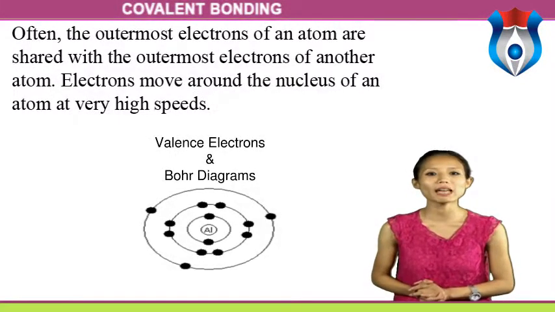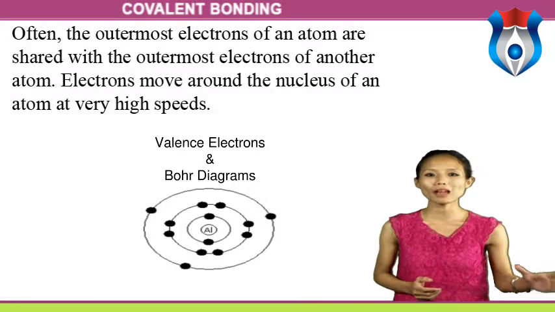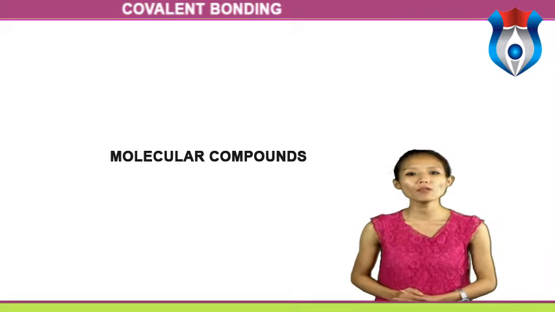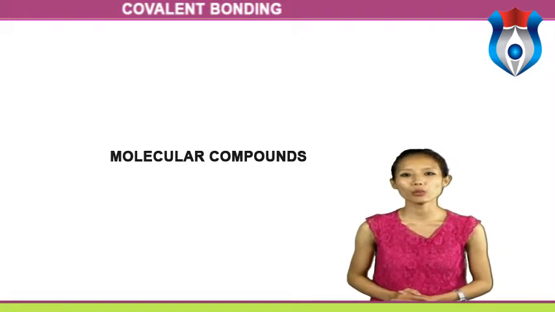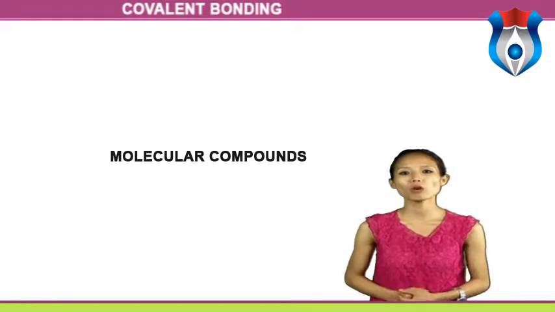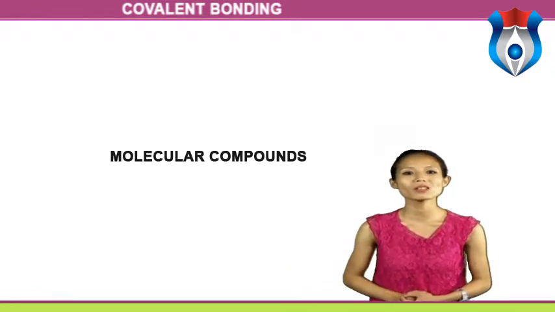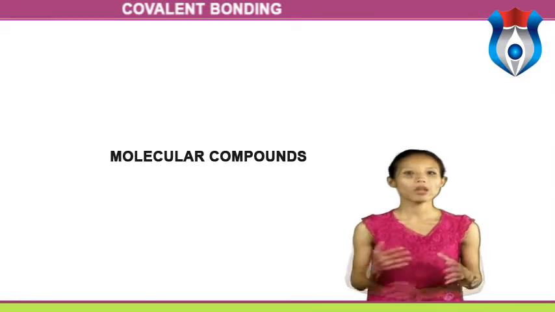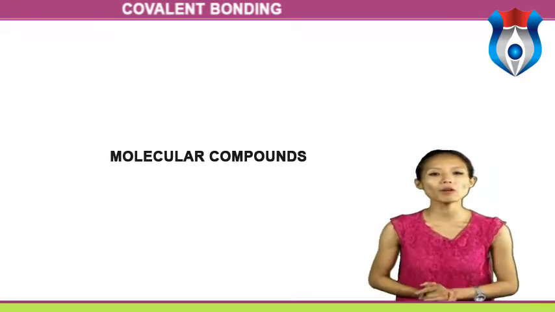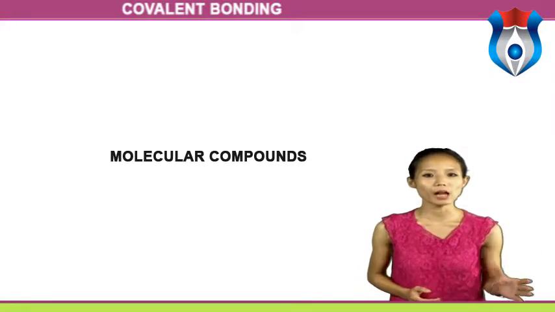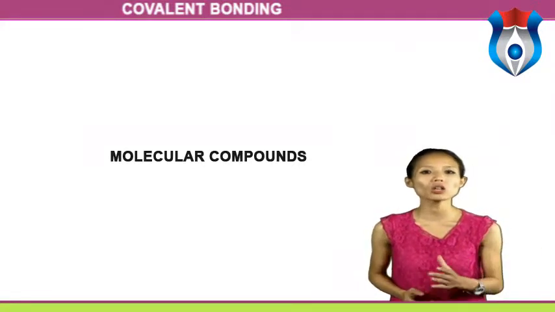Electrons that are shared can be contributed by either or both atoms involved in the bond formation. Molecular compounds or covalent compounds are those in which the elements share electrons via covalent bonds. The only type of molecular compound a chemistry student is expected to be able to name is a binary covalent compound. This is a covalent compound made up of only two different elements. Sulfur dioxide is an example of a molecular or covalent compound.